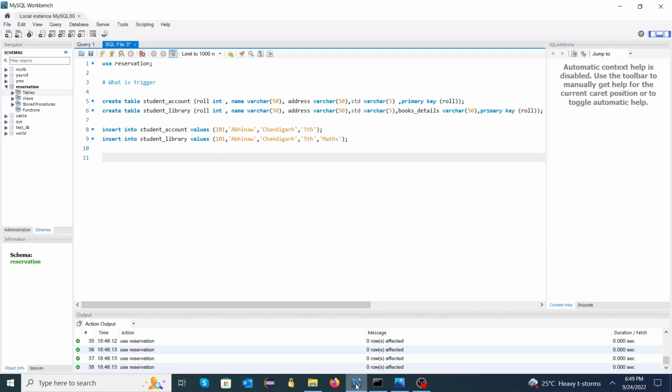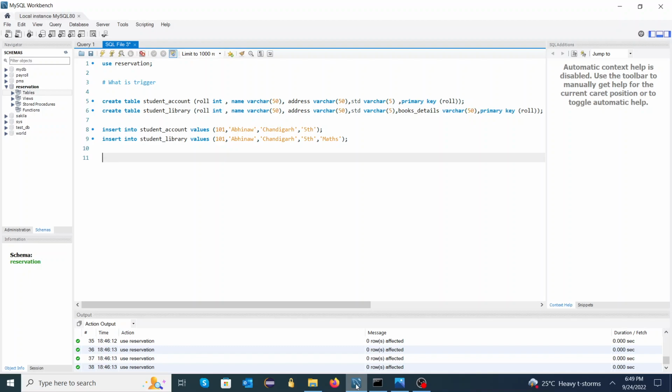So in this video, we will be looking into one of the most important features of SQL, that is trigger. So what is a trigger? A trigger is actually a special kind of stored procedure that runs on the database server when an event occurs, right? So what kind of event, actually? We will be looking into those kinds of events in detail in this video,